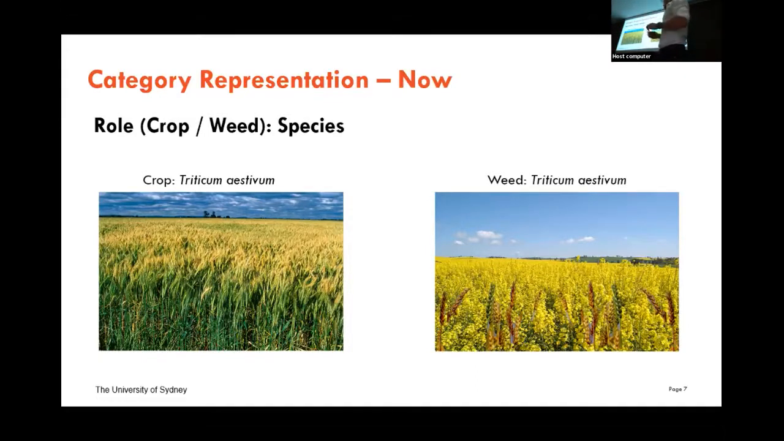So in this case, we have these two pictures. In the picture on the right, this is a crop and it's wheat, right? So we have the crop, wheat. That's the role as a crop, and it's wheat. Then in this picture, what's being annotated here is the wheat, but it's now a weed because it's a volunteer crop in a canola field. And this is a photoshopped image, I know, but